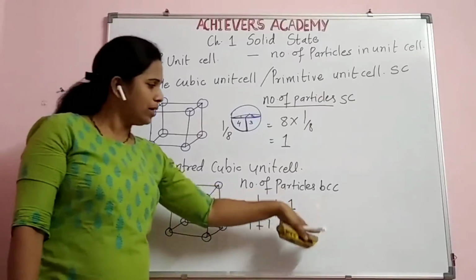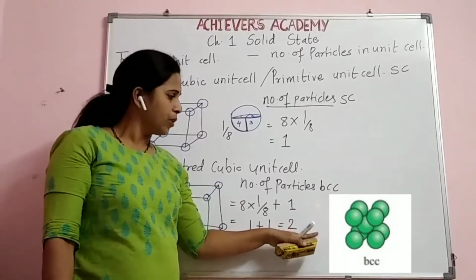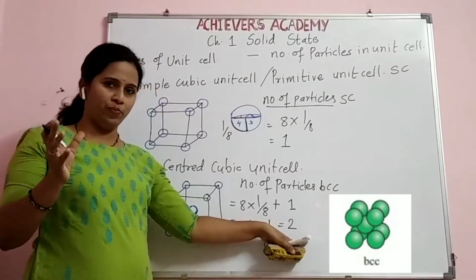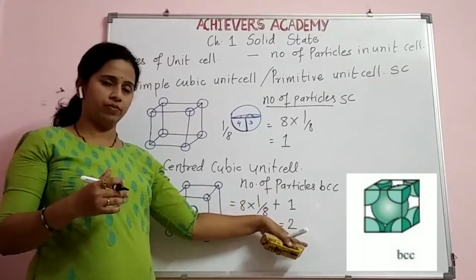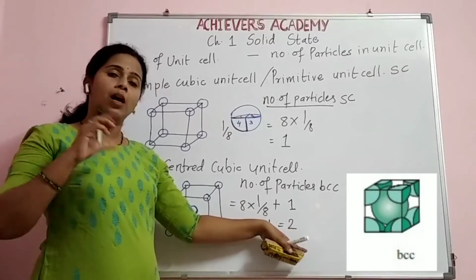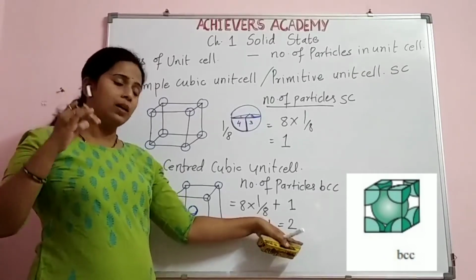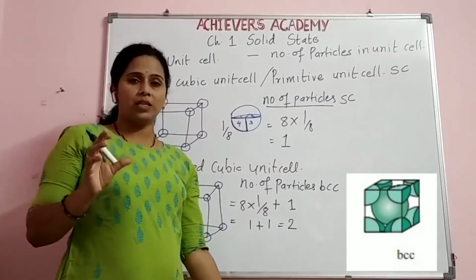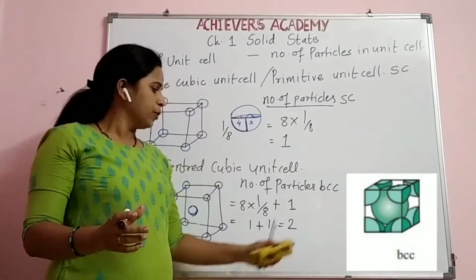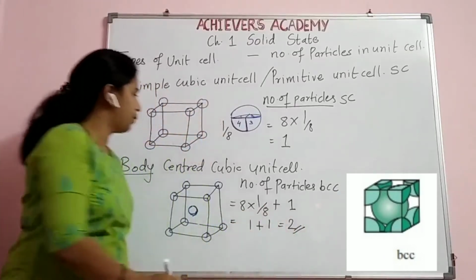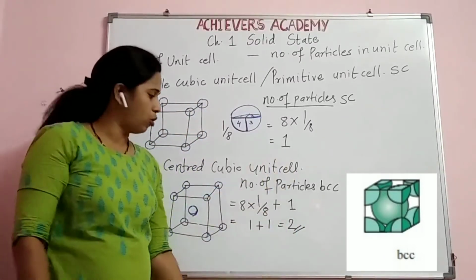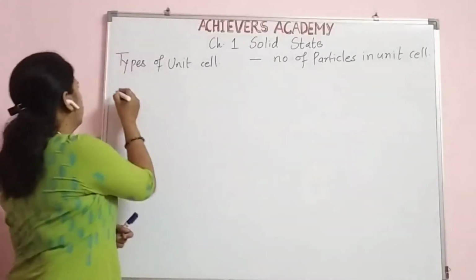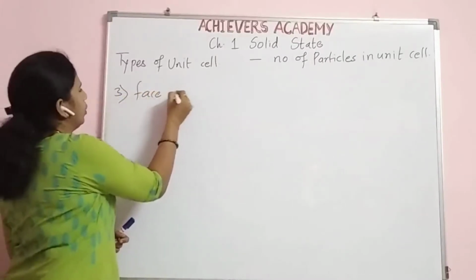In the same way you can see this figure beside here, where you can see how particles are placed in the 3-dimensional view. And in the next diagram, you will see how the 1/8 particle at each of the 8 corners, along with the one particle in the middle, which is totally contributed to this unit cell. So that's why the number of particles present in the body centered cubic unit cell is always equal to 2.